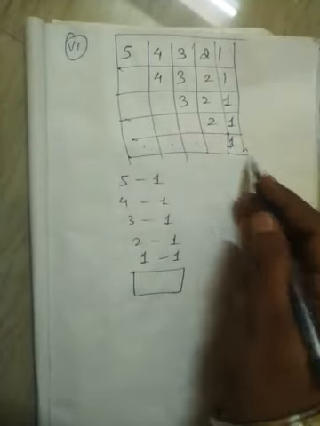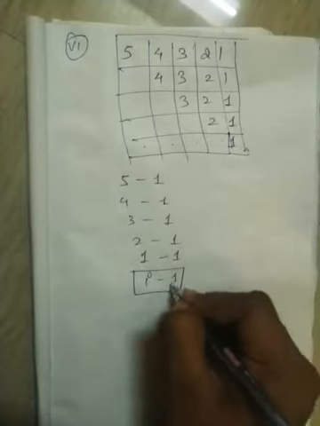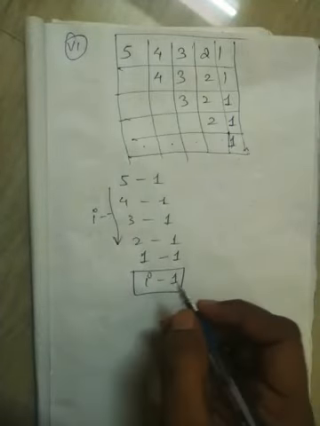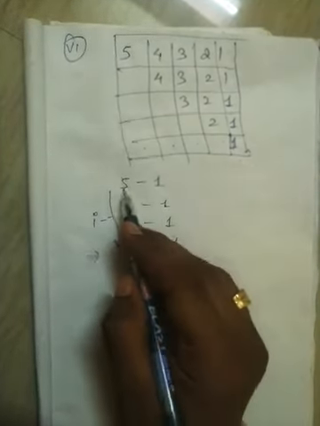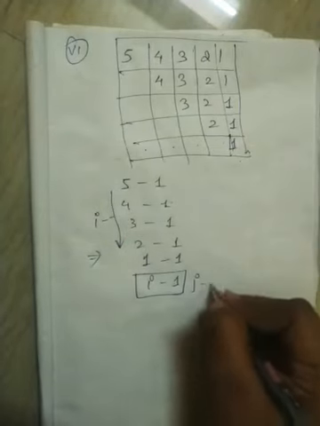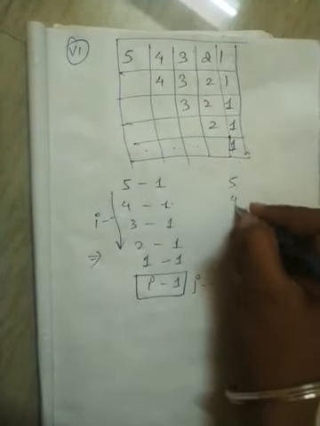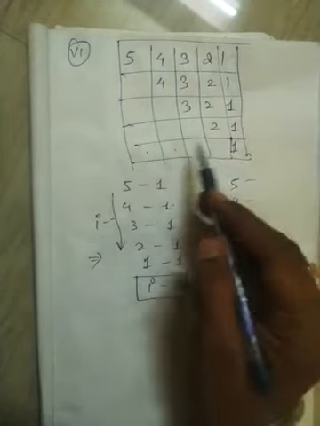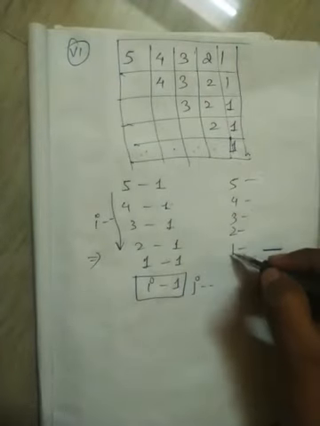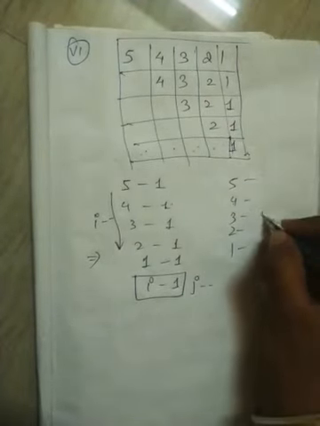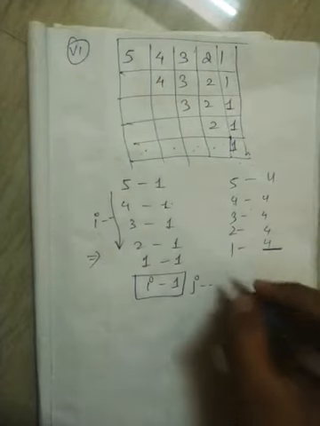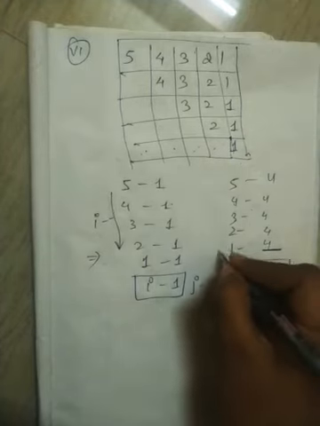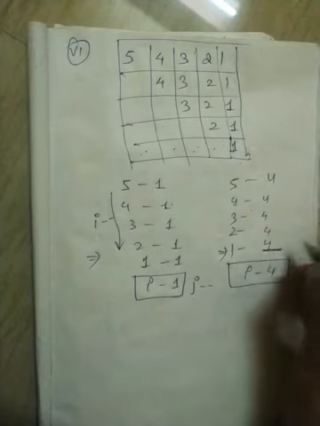So if you look for space, look before that: this is your I, this is 1. Now if you go from down, it will be I minus minus, and J will be what? If you go from left towards right, 5 to 1, 4 to 1, J minus minus. Clear? Now for the K loop, we'll again write the values 4, 3, 2, 1. Maximum space is in the last line, so I'll fill the value here first. How many spaces? 1, 2, 3, 4 spaces, with the fourth value from down. So we'll write here 4. Okay, understood? So this way we'll put the value. This is your I, this is 4. In the last line we have to go 1 to 4, so I have to do K plus plus.